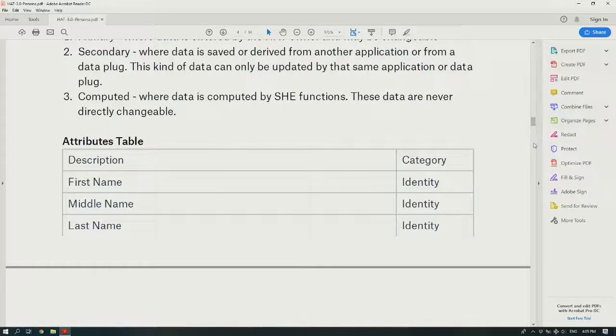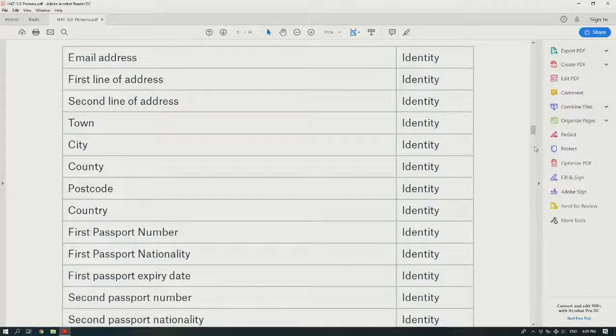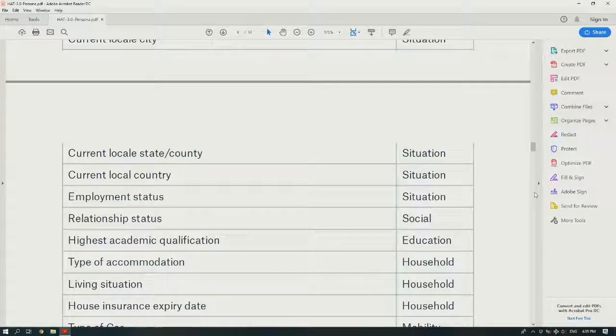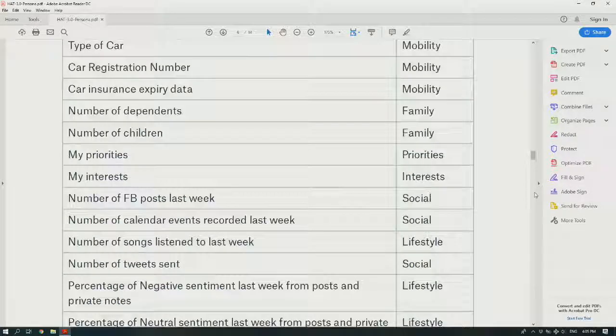And this is the upcoming data we will make available as API for the last stage. We can tell you personal data, we can tell you passport numbers, provided that they share. We can already compute the current weight, the income group, number of friends on Facebook, number of followers on Twitter. That means we have a social profile, we have a body profile. We can tell you education, household situations, lifestyle, interests and priorities.